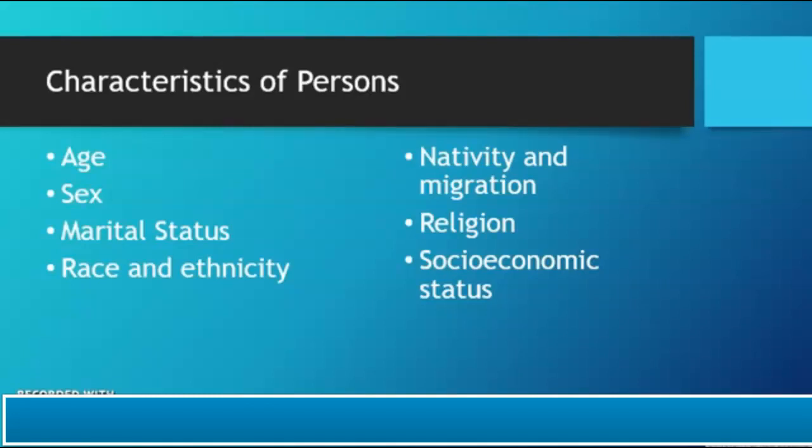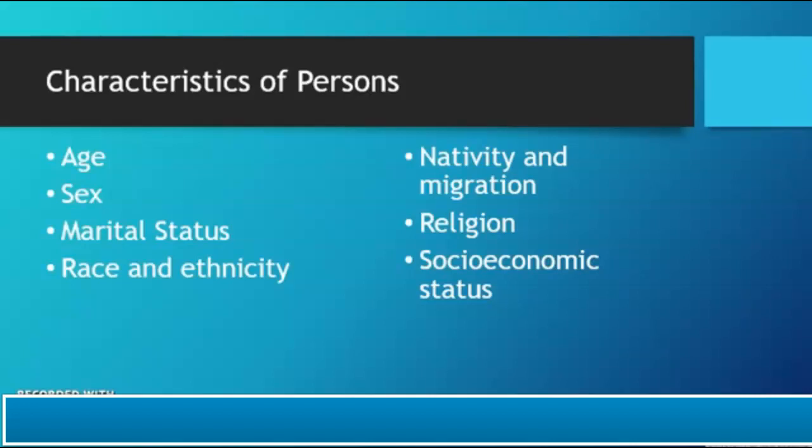So mortality rates are different for different age groups. For instance, another example is testicular cancer, which is more common among males that are between the ages of 20